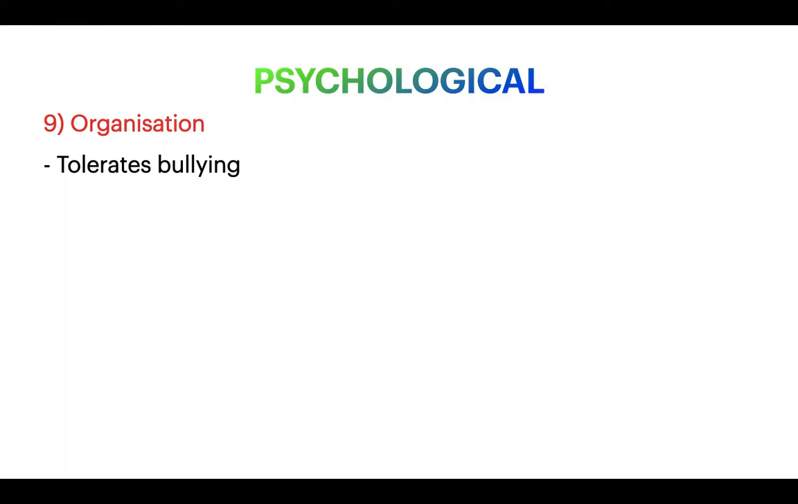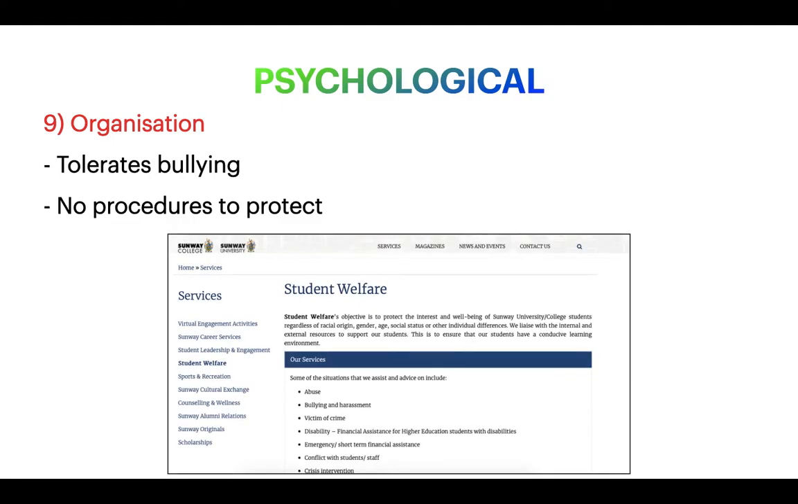Okay, in an organization some organizations tolerate bullying, right, and that's a bad thing. Some do not tolerate bullying, and it's a good thing. And in some cases where organizations do tolerate bullying, what happens is that they don't have any procedures to protect people against bullying, but they should, right? So in the university that I was teaching in previously, Sunway University in Malaysia, they have a student welfare department, and you can see there,